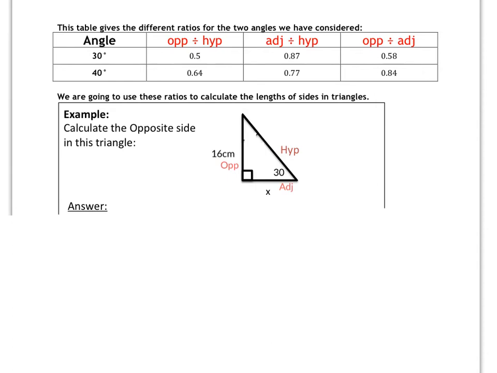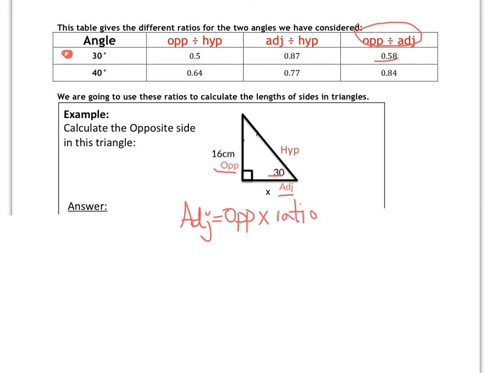Here's a second example if you want one. So I've got 30 degrees here. I need to work out the adjacent, and I've been told the opposite. So I'm in this row here. Is it opposite and adjacent? Well, that's this one. So it's going to be 0.58 is the ratio I use. So the adjacent is equal to the opposite times the ratio,